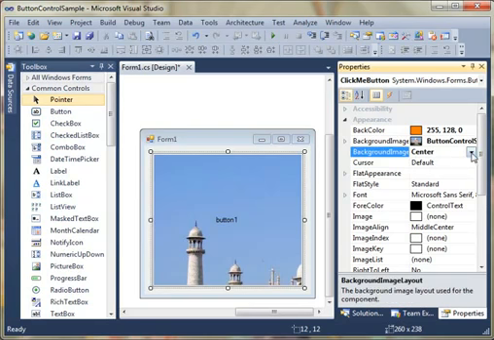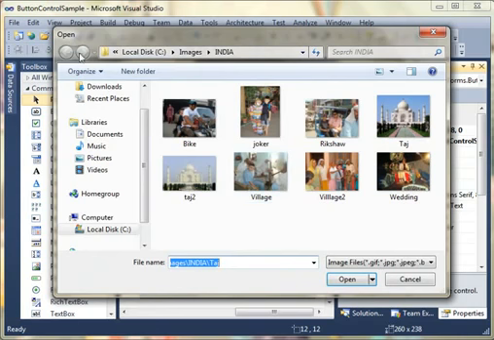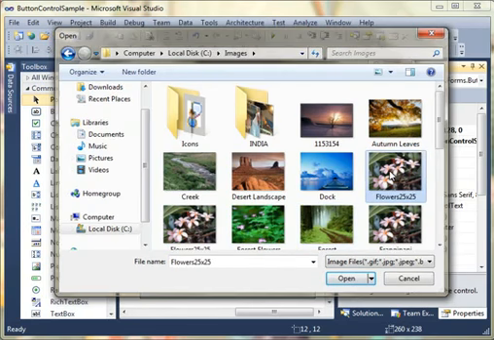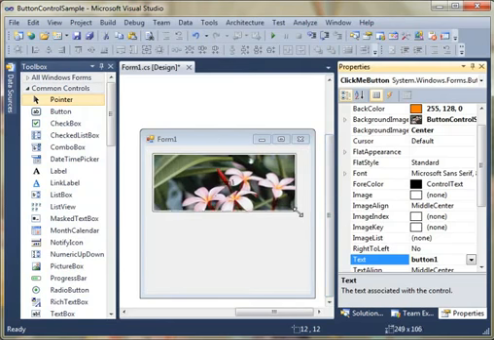They have all other background image properties. You can stretch them. Let's pick a different image, this one was just too big. Okay, you can see this is my button control right here,